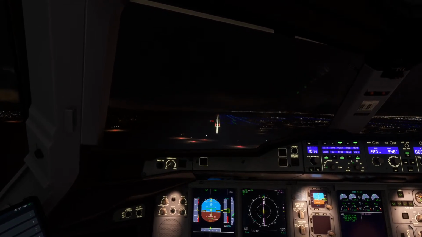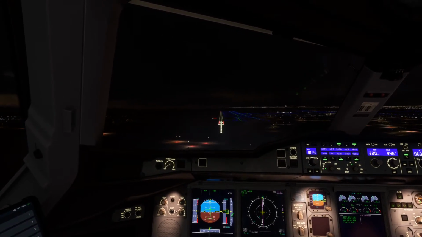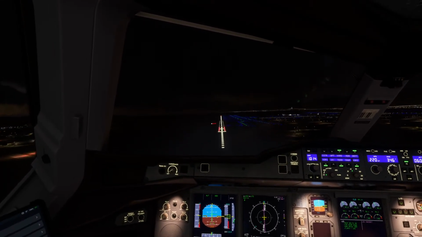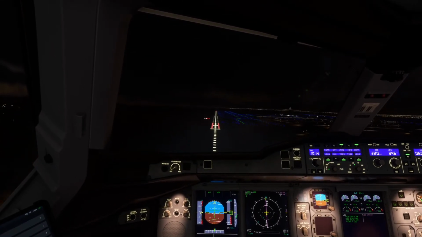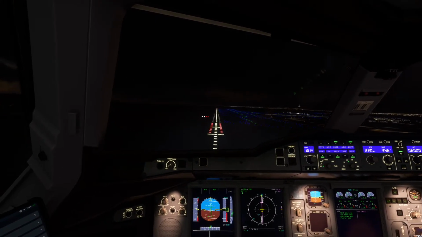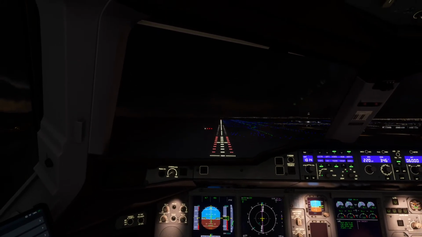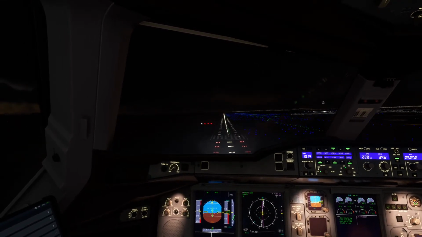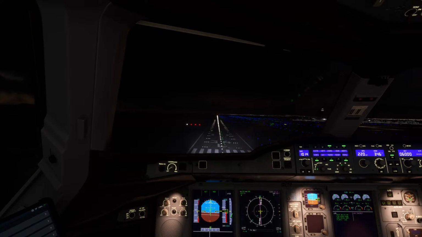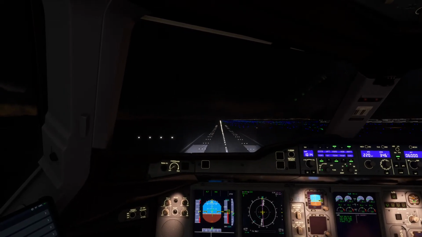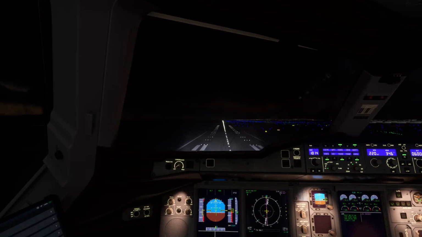So it's saying I'm low. I don't know where the runway starts. I'm guessing it's where the orange lights end. Just following the PAPIs blindly here. There's the runway. 50, 40, 30, 20, 10, 5,